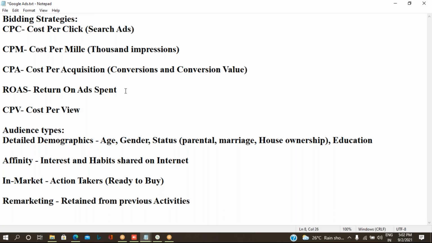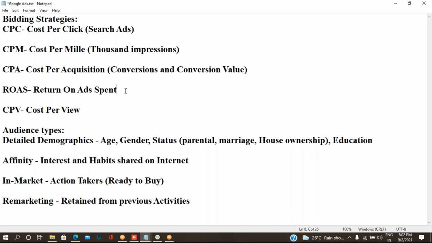That is nothing but taking an average of a minimum of 2 ads: how much you invested and how much conversion value has happened. Based on that percentage, you can fix the value at which you are ready to bid, which is a little bit of an advanced way of bidding. The ROAS option is not available over there because we have not started with advertisements.